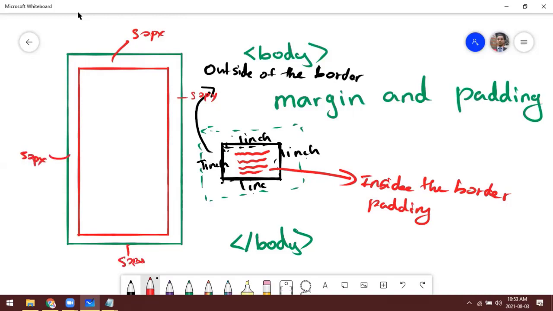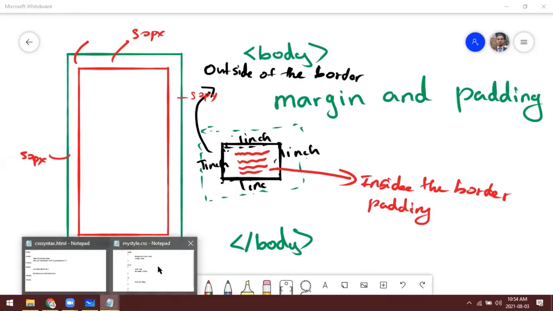Now our content appearing area is limited to this red color marked one. This space is not available for us because we have left the margin. So that's what we mean by outside the border.